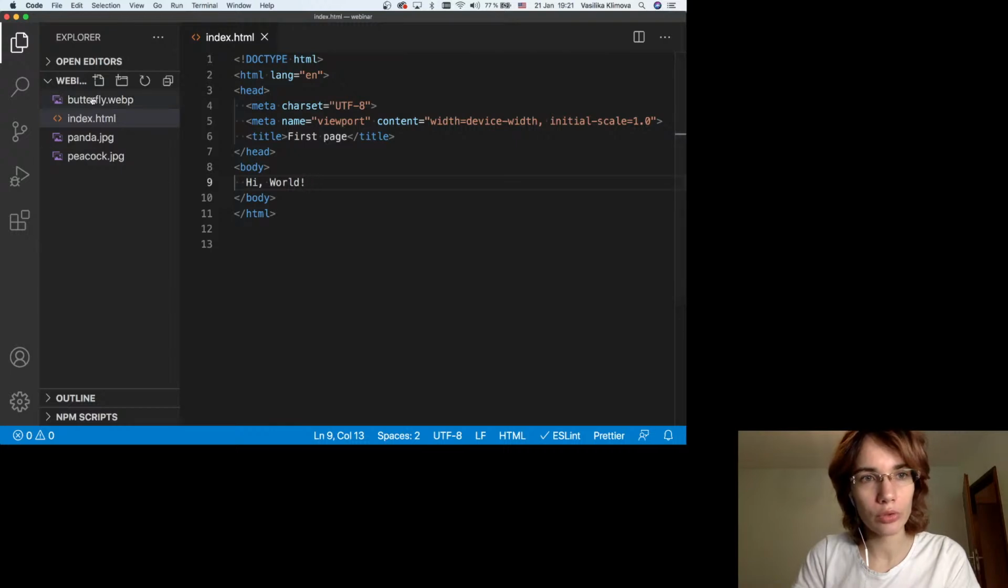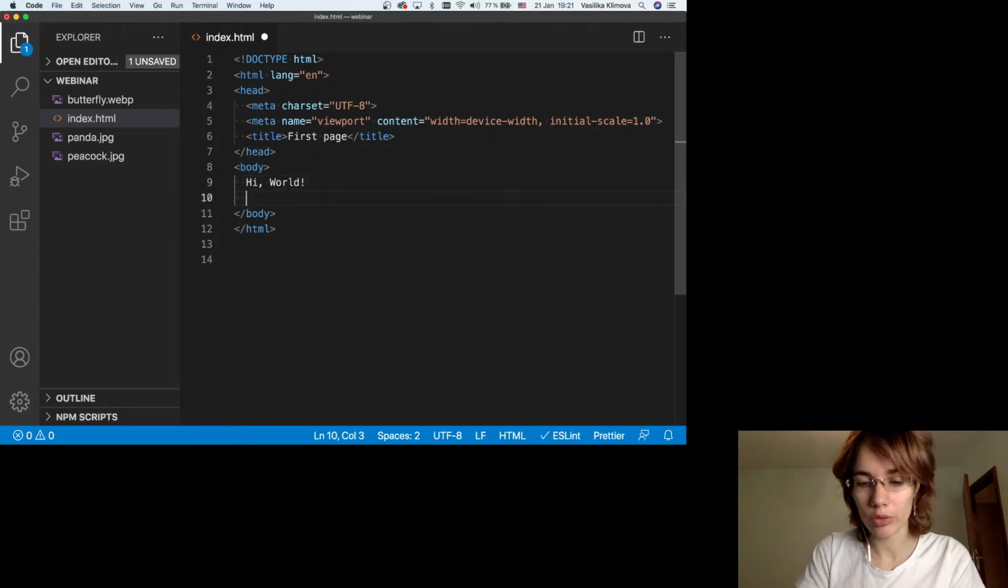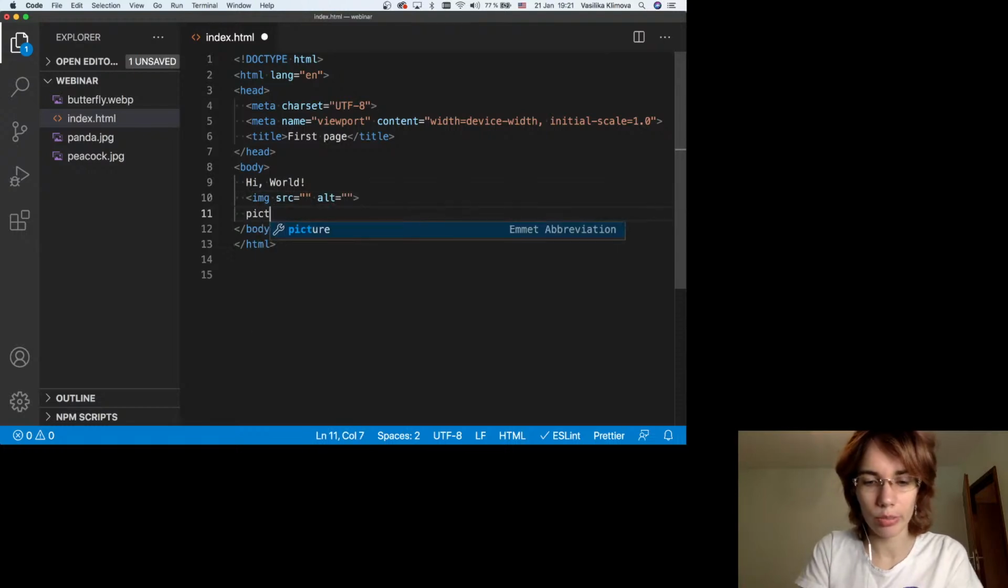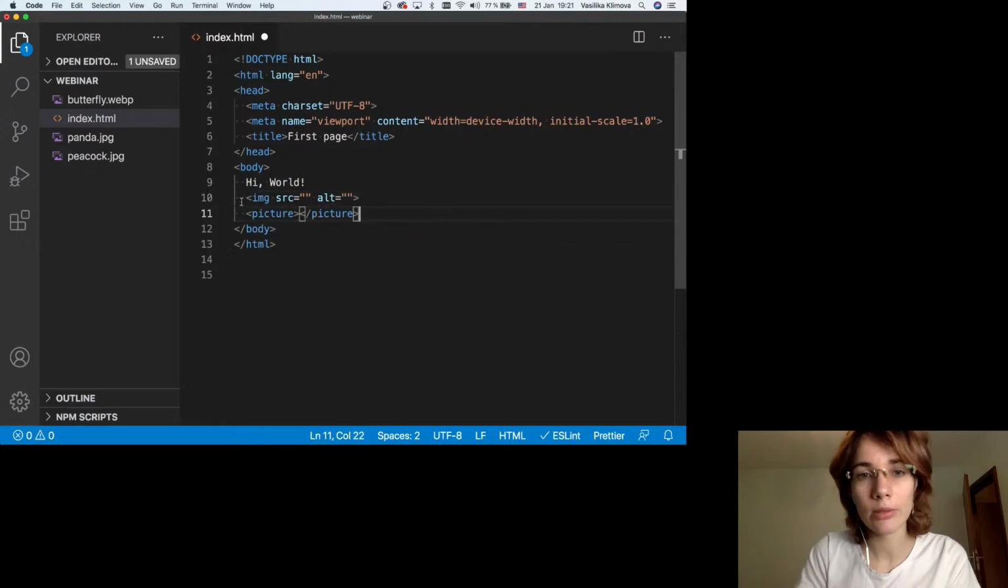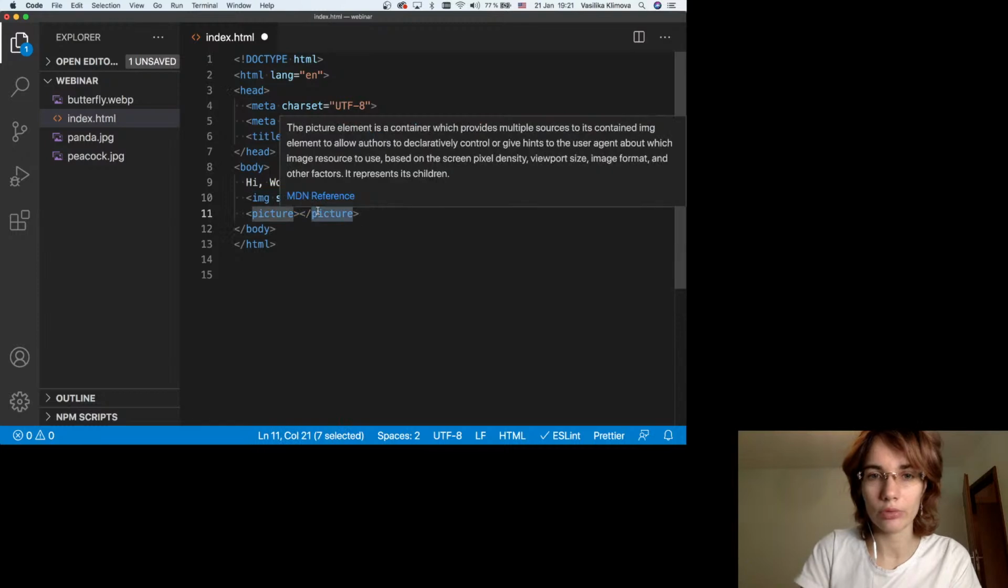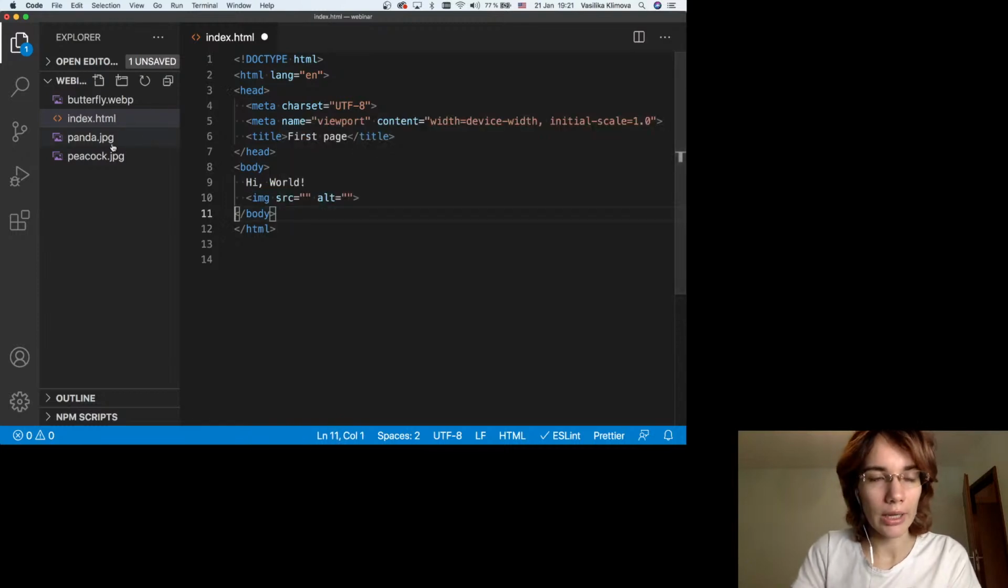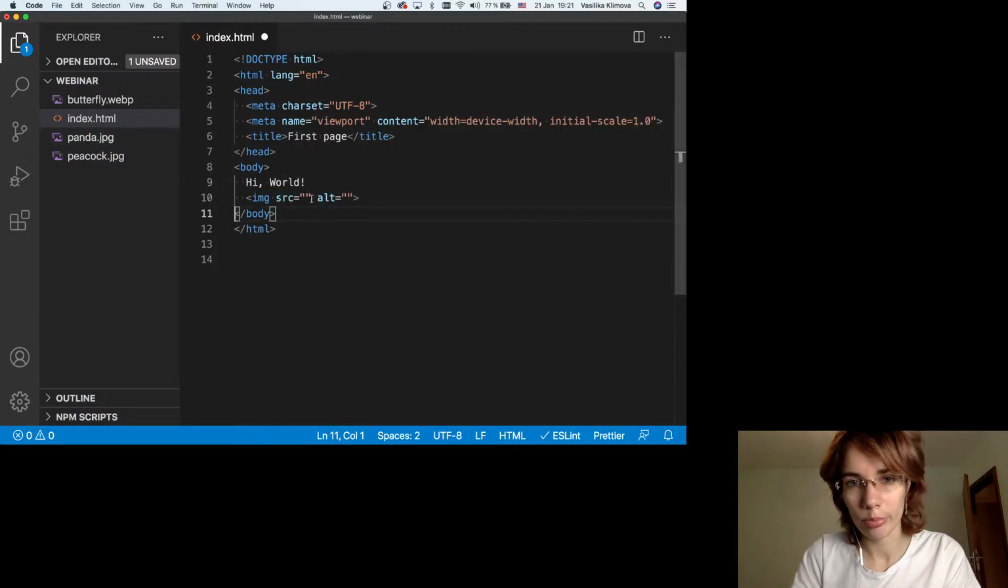I want to put all these pictures on my page, and I can do it in different ways actually. I can put a picture with the quite popular img tag, or with the picture tag. It's also a different tag. But I will not do it. I can just show a small example of how to do it. If I want to show, like, a panda picture, I need to put